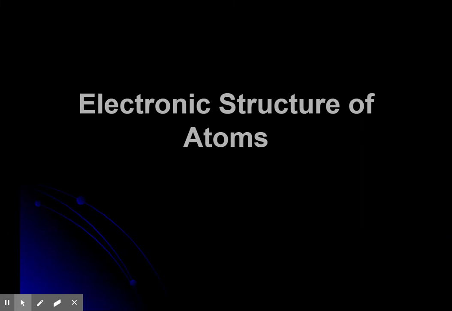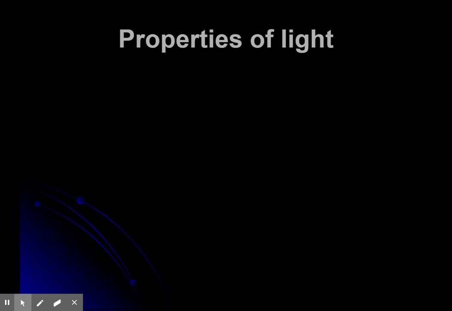Okay, today's video is on the electronic structure of atoms. So we're dealing with those weird little electrons. It started off thinking about light, and we really thought that the world was in two realms. We had the realm of mass, and we had the realm of energy, or particle and wave. And those two realms did not intersect.